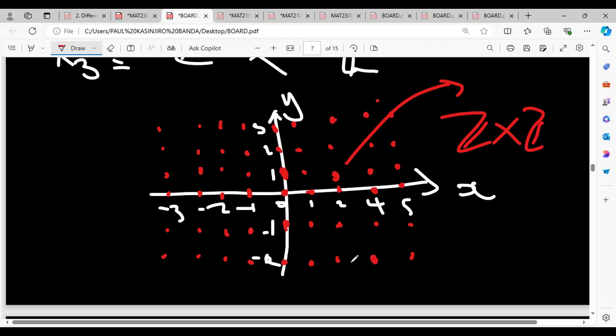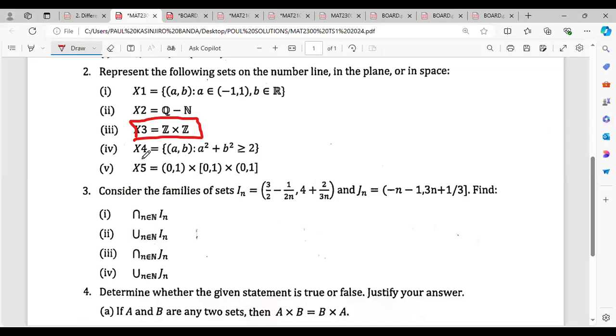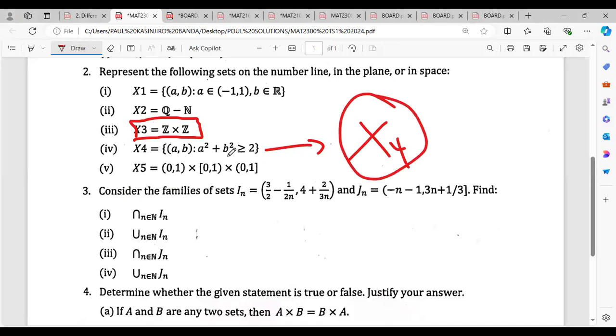Okay, let's try to plot 4. What do you have on 4? Turn off the background there. Okay, thank you. So here we are at x4. So we want to plot this, and